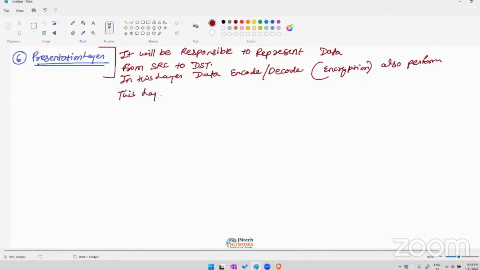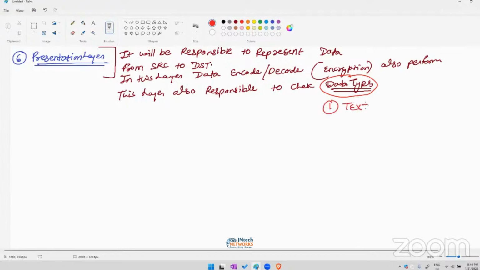Now one more thing. This layer is also responsible to check data types. Which types, dear? Data types. So how many types of data are we getting? We are getting multiple types, lots of data type methods, but we discussed common data types. Common means the ones we mostly use. For example, if the data type is text data, a JPEG file, an MP3 file,